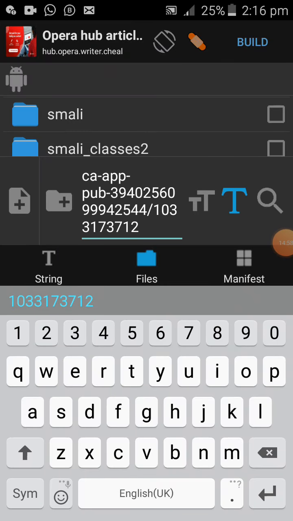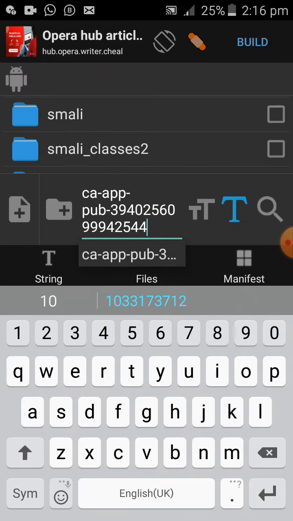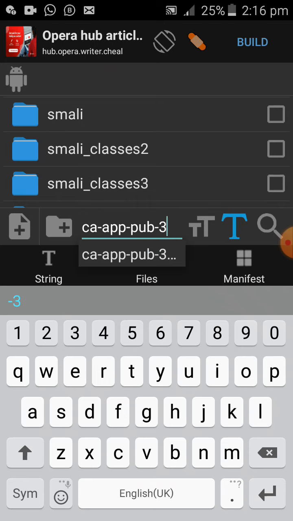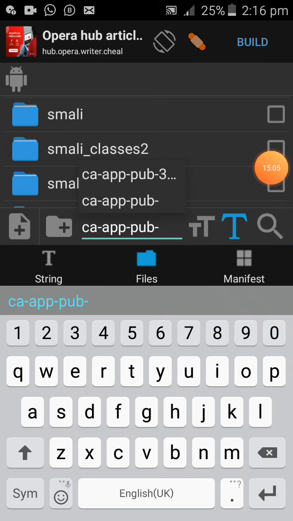So just go back. This other time we're going to search for the banner ads. Let's go. So by the time we build this app, our interstitial ad will show. Searching. Trying to make this clear as